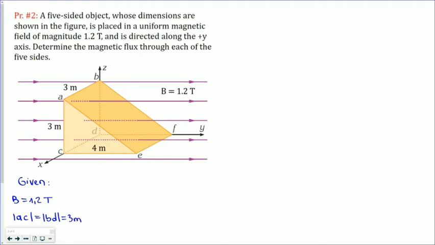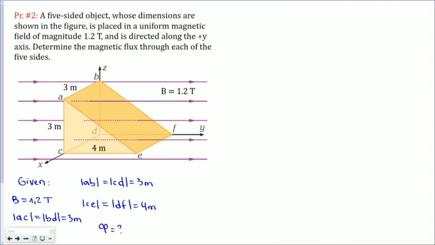Also, we know the length of the AB side, and parallel to this is CD, they are equal, and this is also 3 meters. And what we know also is that the CE side, and parallel to this side is DF, is equal to 4 meters. And that's it, and we're asked to find